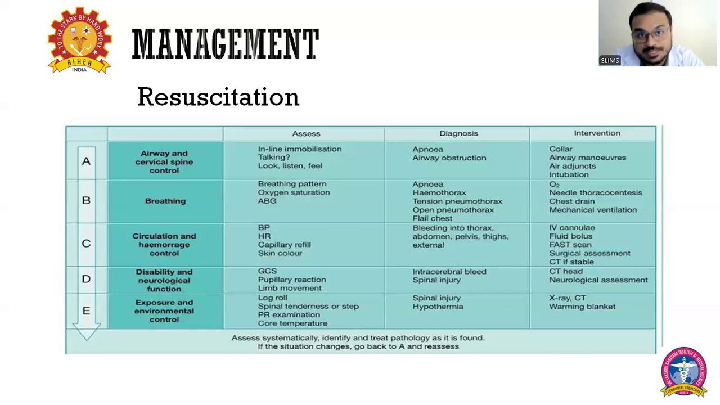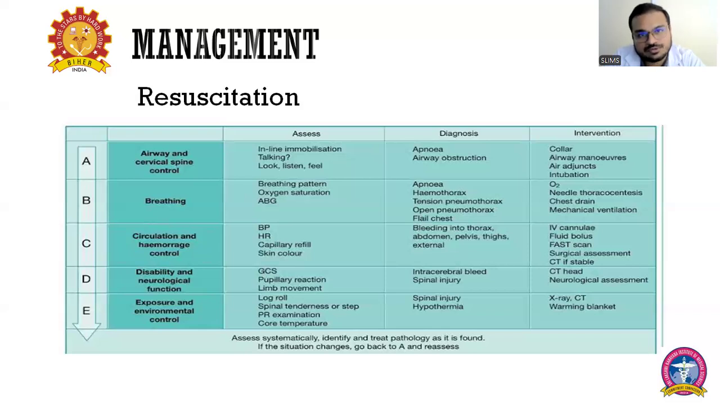And B is breathing. Breathing is measured by a simple oxygen saturation, which is available in our emergency department with the SpO2 probe. When we see the saturation dropping to less than 92 or 90, we should always intervene and see that the patient is having adequate oxygenation support. So that is the first thing. The second thing is the breathing pattern, whether the breathing pattern is cardiothoracic or